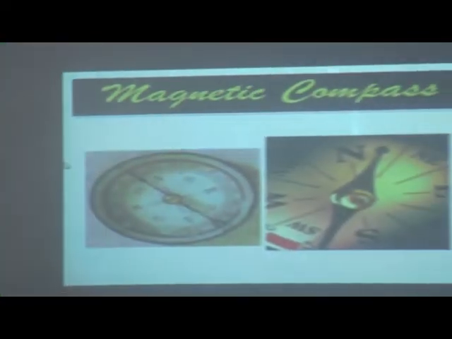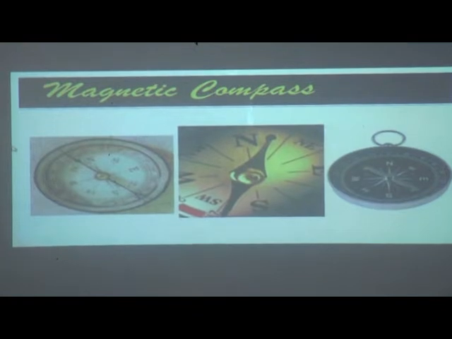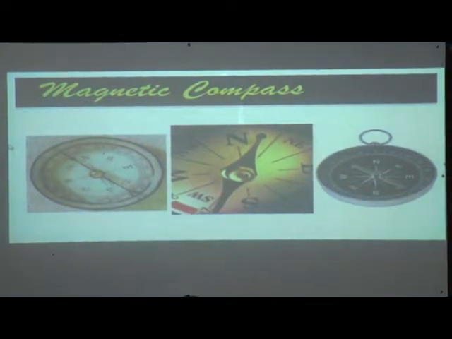Before starting a new concept or new point of this lesson, I am going to show you a picture and you have to identify it. See this picture and tell me what is shown in this picture. Yes, correct, the name is there only, so it is not difficult to answer my question. This is nothing but a magnetic compass.